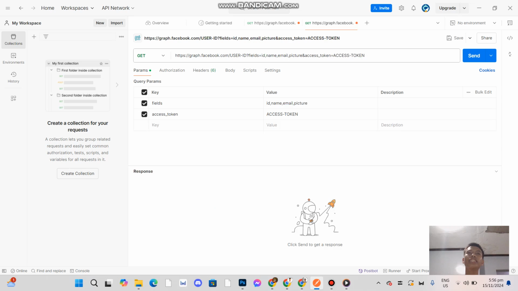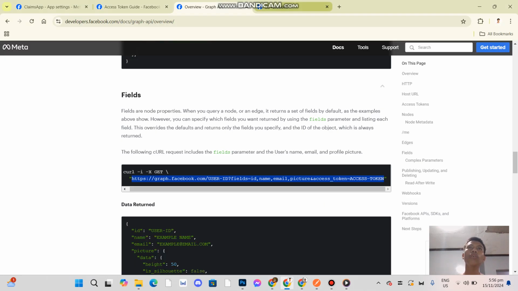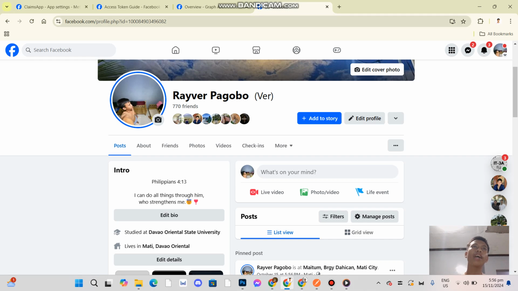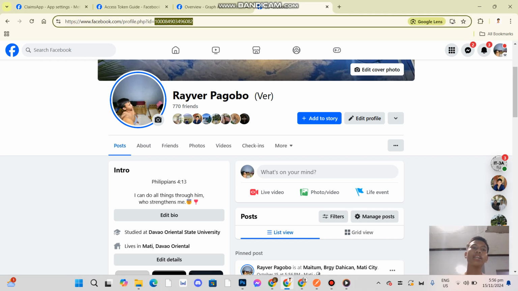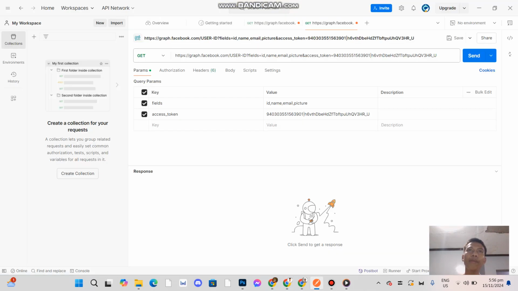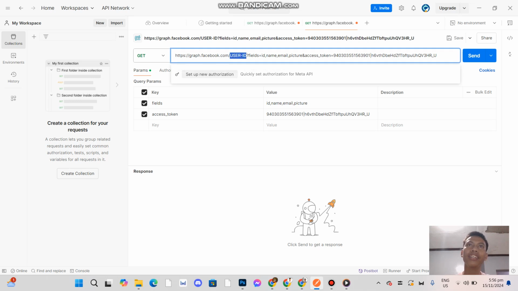After copying this, we need to put it here. Paste it. Next, we need to go to our profile and copy our Facebook ID. So here is my Facebook ID, then copy, then paste it in here.